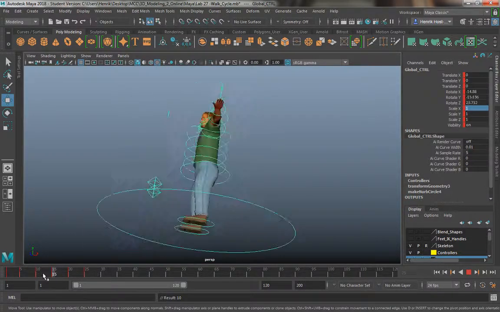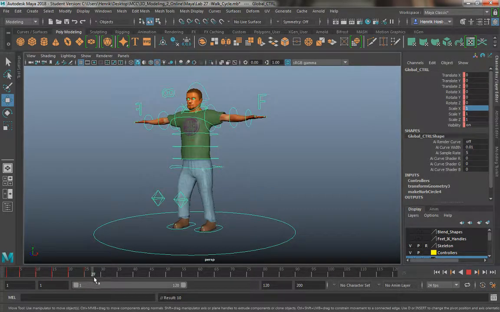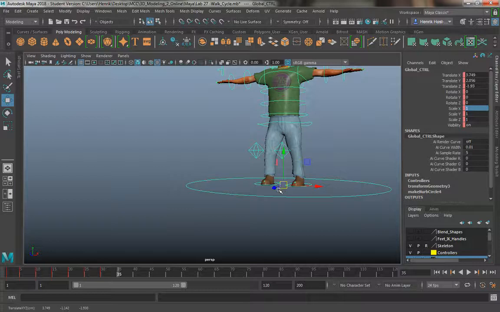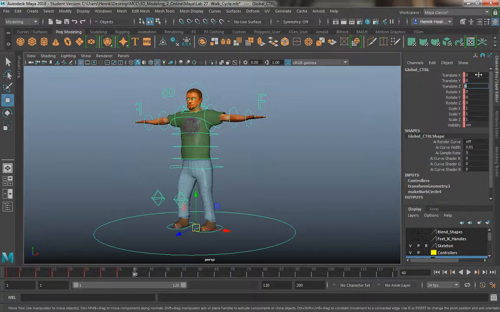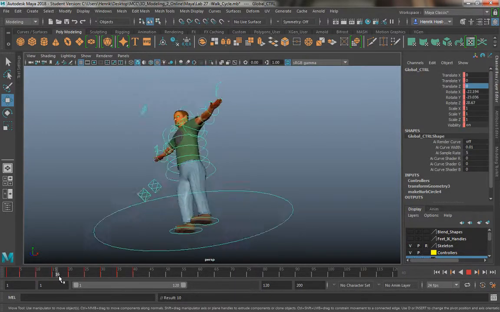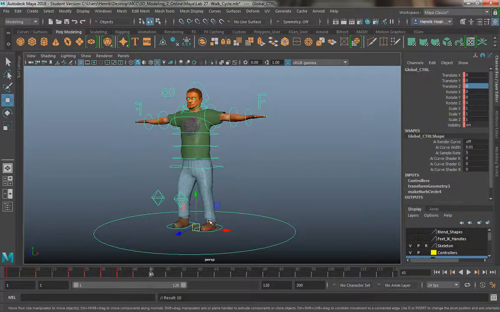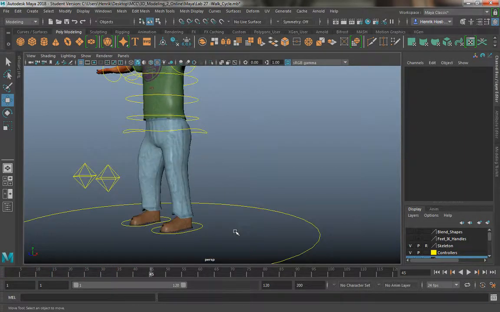So you'll see that this starts to create a little animation of your character, but we're only focused on displaying what the controls can do. Alright, so now I've gone ahead and done just the global control. Then what I'll do is I'll go to my foot,